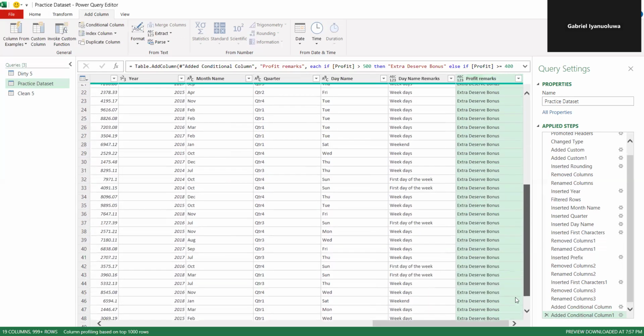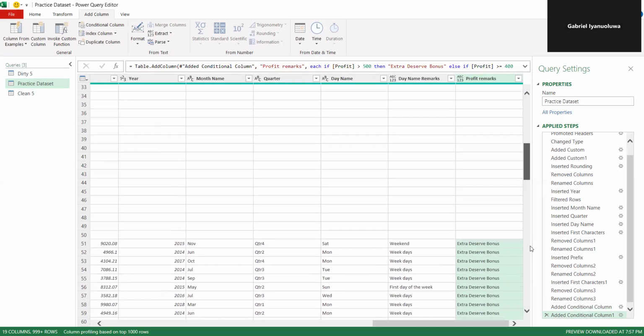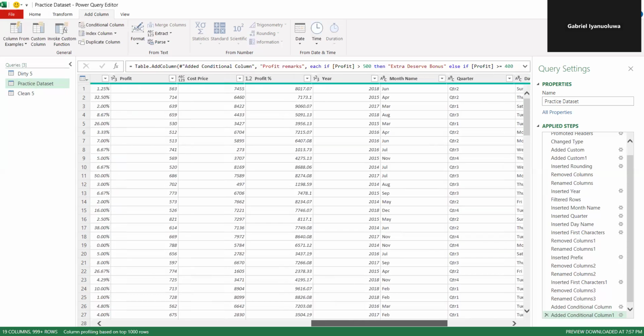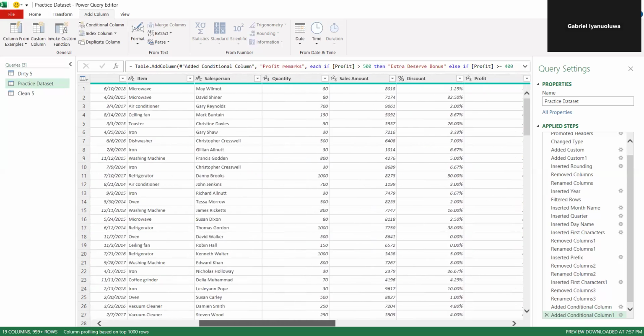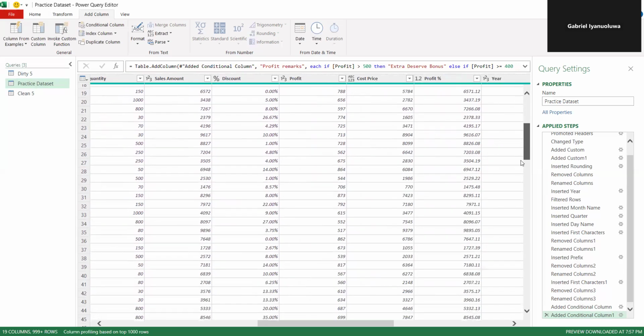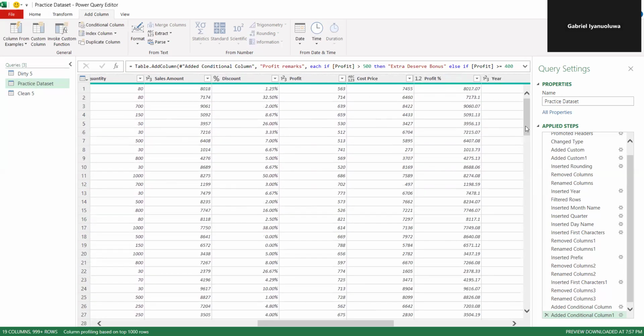When you move down, we are seeing extra bonus. Let's see the profit and let's see what happened. This is profit because we are seeing extra bonus for all of them. So you can see these profits are greater than 500. So let me try to